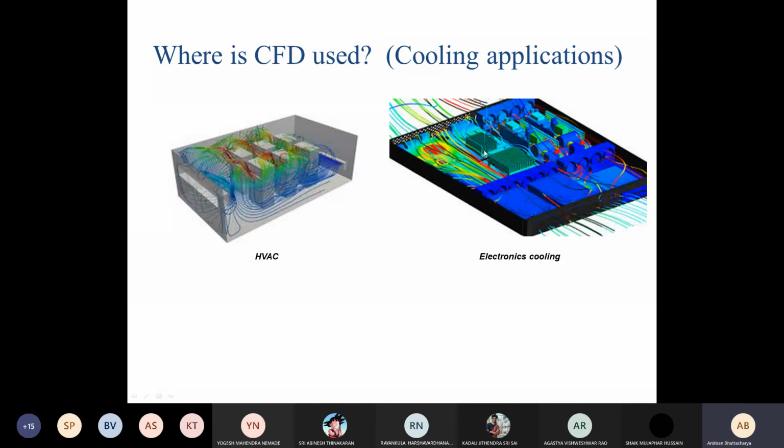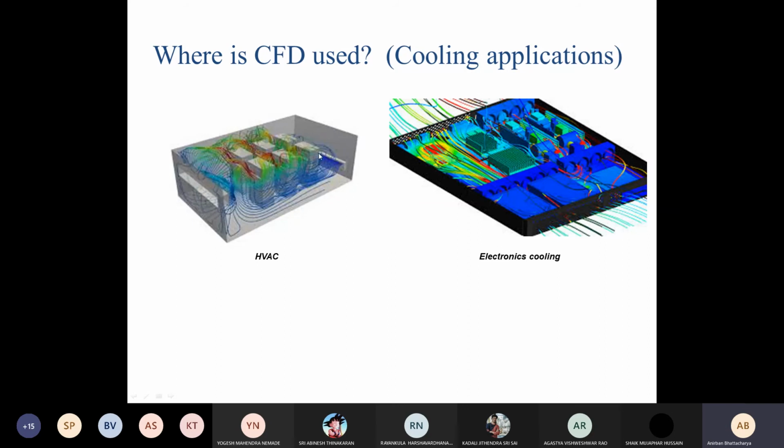Now the AMD processors are based on 7 nanometer transistors, which is a very small size, so the number of transistors in a given volume is very high. It generates a lot of heat for a given volume, meaning the heat flux or heat density per unit area is very large. So you need better cooling technology, some liquid cooling or phase change material based cooling for these applications, and a lot of research goes on in this area.